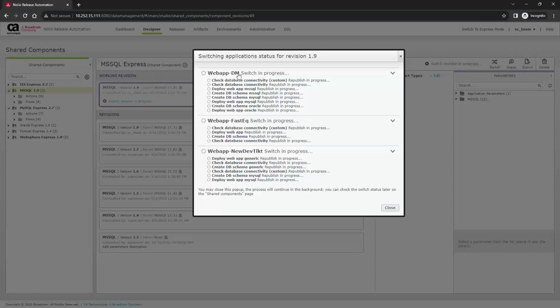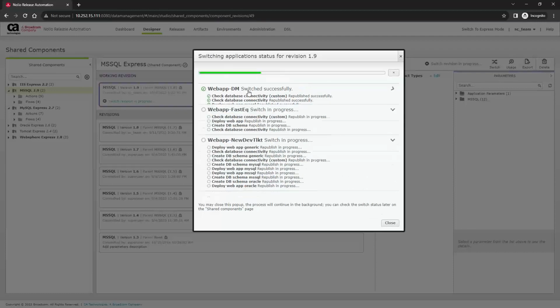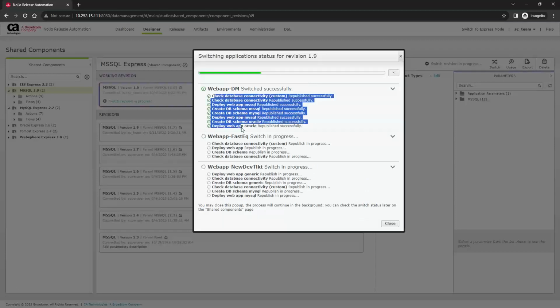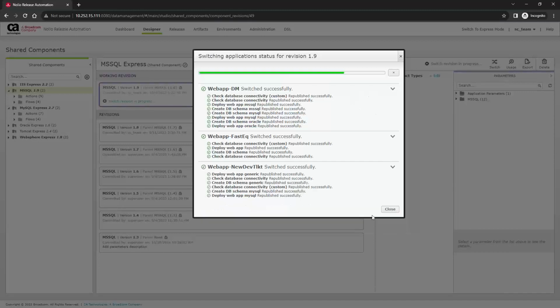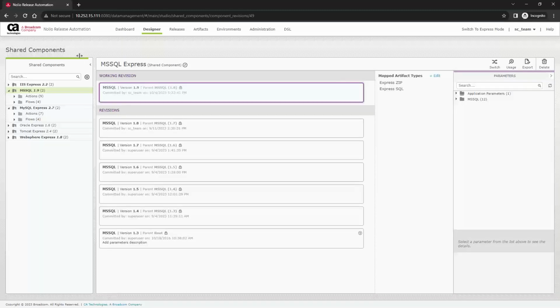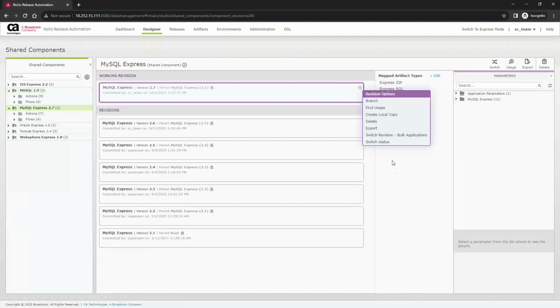There's another pop-up showing progress for switching and for republishing. So the first element is application name. This list is a list of processes in those applications. We can see it's switching, and once it's finished, the application is fixed, basically. I will repeat the same process for the second shared component that